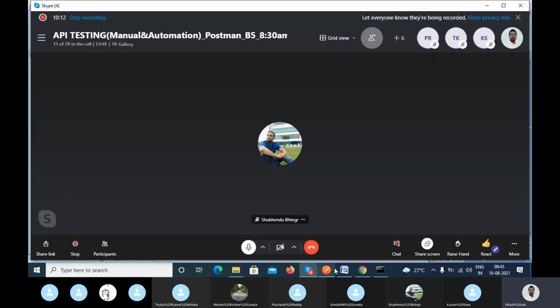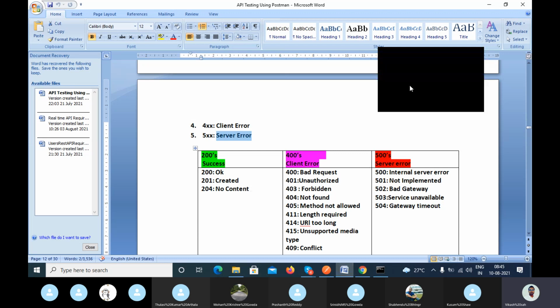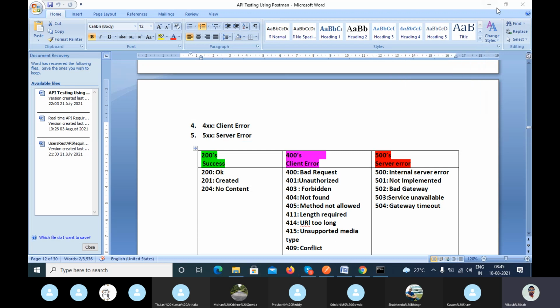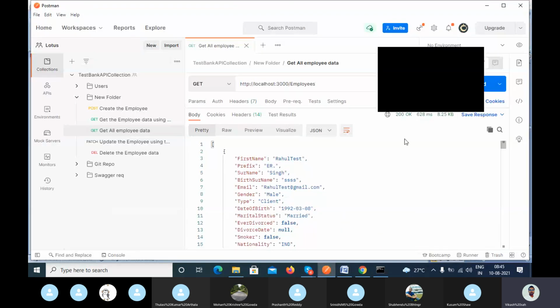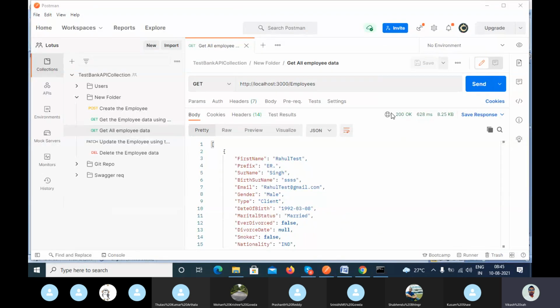So guys, tell me one thing. This is generally decided by the client, and the client also can't use some other status code, because if you are fetching any data, you have to use 200. This is the API protocol which you have to follow.